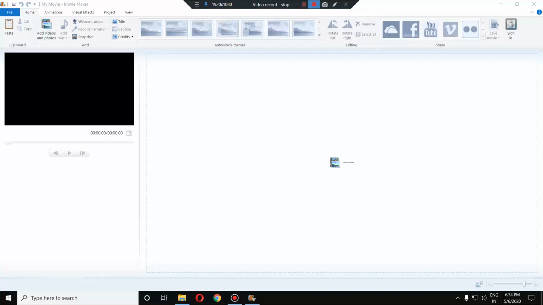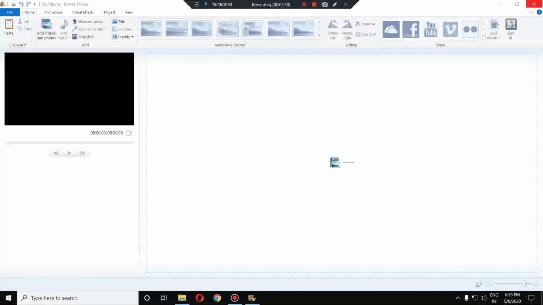When we see movies, we can see that when the movie starts, some title of the movie appears, then the movie starts, and thereafter in between there are captions or subtitles. When the movie finishes, at last you can see the credits, the names of the people who have worked in the movie appear. So all these sorts of effects you can create using this Windows Movie Maker software.